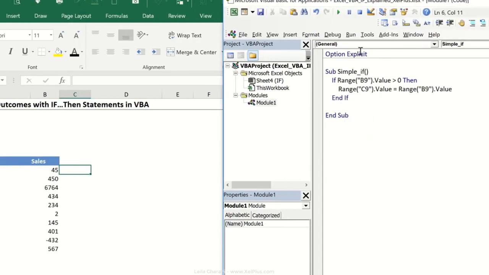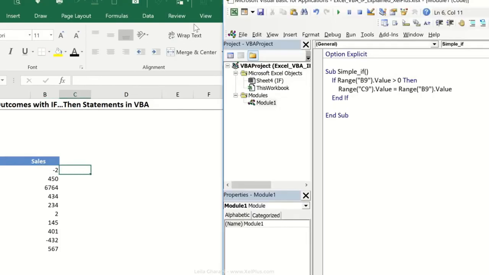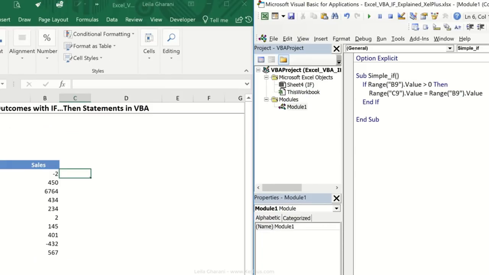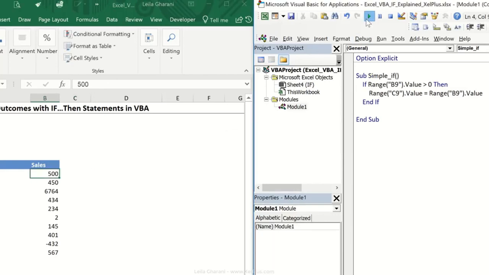Now let's try this. I'm going to press play. We're going to see 45 in here. Now if I put this to a -2, let's just remove this. Let's bring up the editor. Actually, I'm going to snap this in, so I'm just going to drag it all the way to the side to fix it. This way it doesn't disappear all the time. Press play here. Nothing happened. Right? If I put 500 here and I press play,